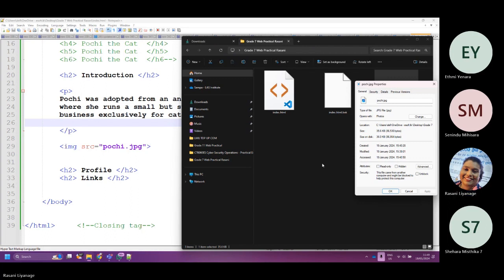Can I see the code, son? Got it, son. Not this one, Senidu. This is the HTML code.